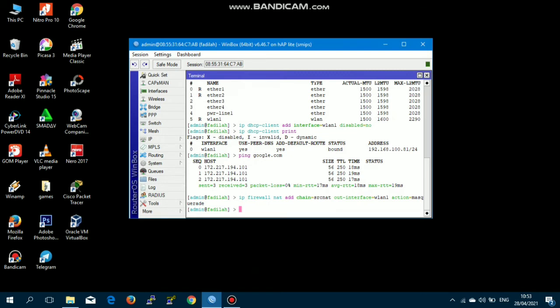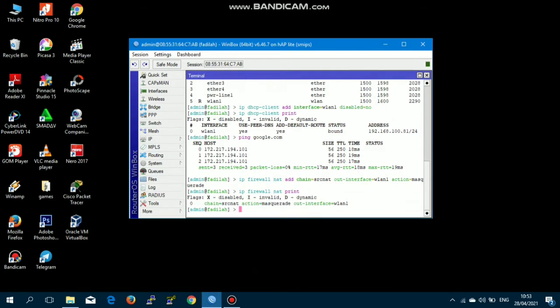Then, don't forget to check the results of the NAT firewall configuration by using the command IP firewall NAT print. We have successfully configured the NAT firewall.